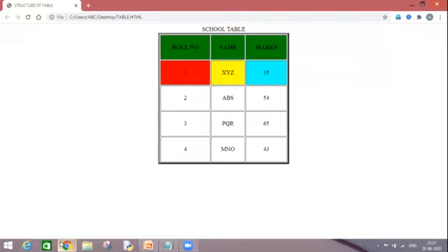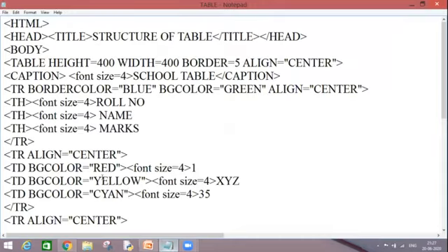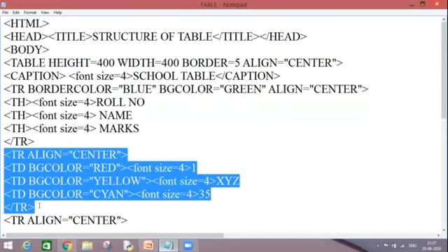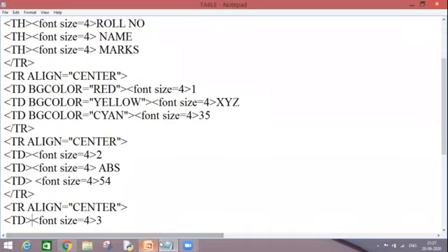So accordingly, the background color has changed for each and every cell belonging to the second row. As I can show you, my first row scope was till here and my second row started from here till there, and the BG color I have applied to all TD tags inside my second row. So now you have seen how BG color works differently. Now let's move on.